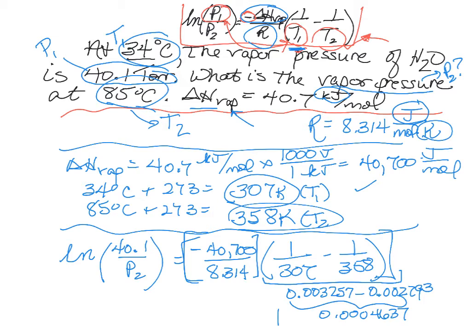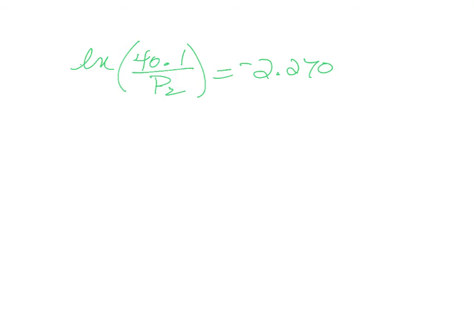All right, so the entire right-hand side of this equation, I get minus 2.270. All right, so now I need a new page. So at this point, we have natural log of 40.1 divided by P2 equals minus 2.270. To get rid of natural log, you are going to look for the e to the x button on your calculator,